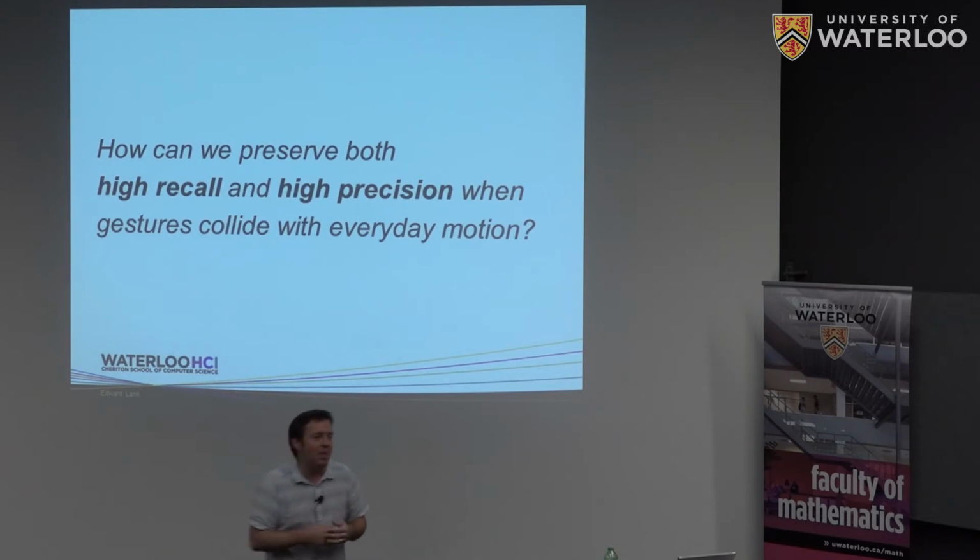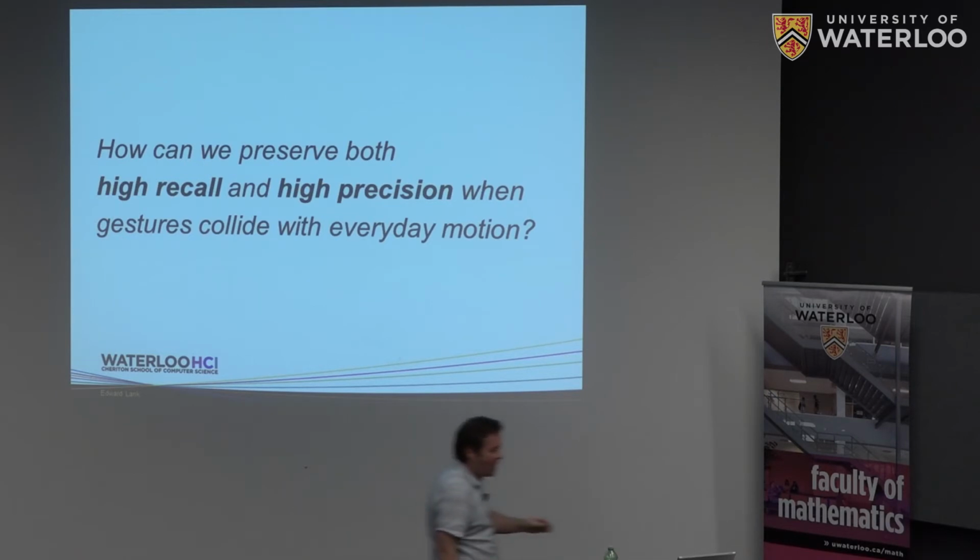And we noticed something interesting in this space. If people are going along and they try a gesture and it doesn't fire, they try the gesture again. They don't even stop walking. They just try the gesture again. If it doesn't work, then they look at the phone and they try it again. And if it doesn't work, then they stop and they start to do weird things with the phone. They shake it, they tilt it, they move it on a different angle. They do something with it, sort of this annealing in the space to try to figure out what's going wrong.